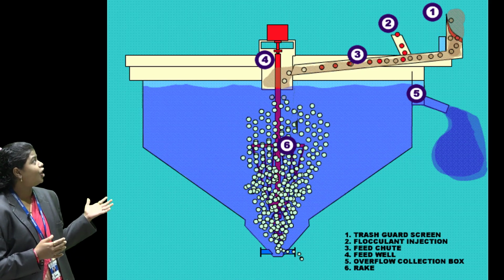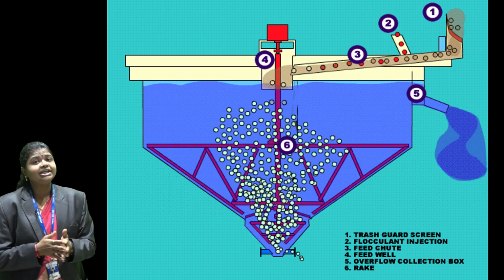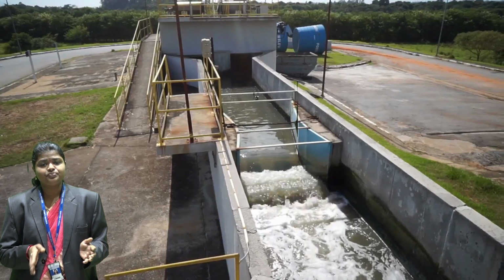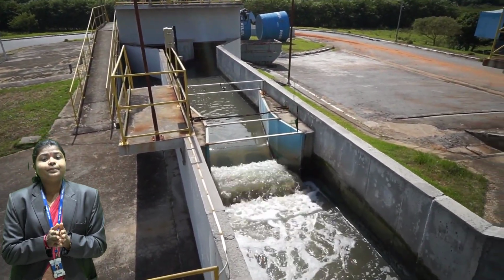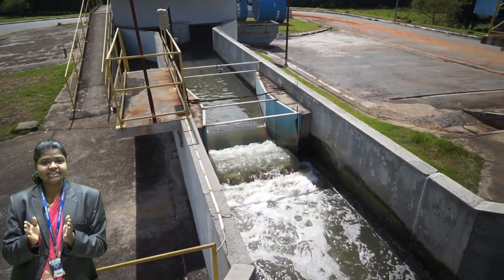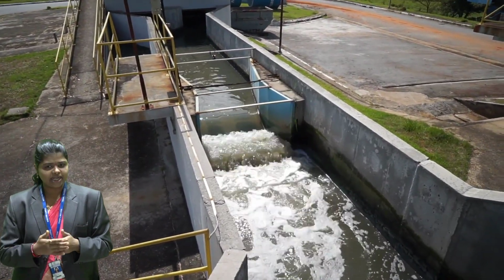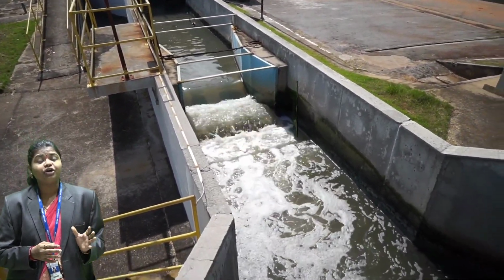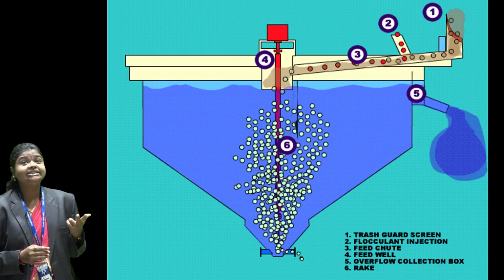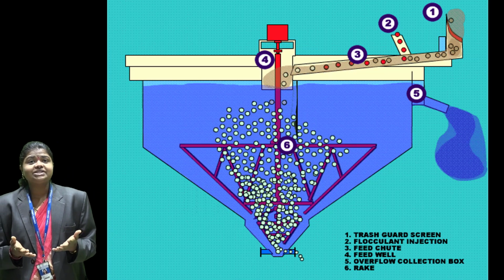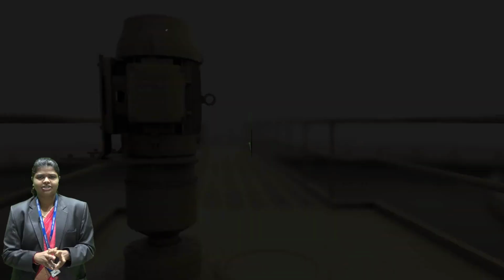The next unit of our wastewater treatment plant is the grit chamber. Grit removal basins are sedimentation basins placed in front of the fine screen to remove inorganic particles having a specific gravity of 2.65, such as sand, gravel, grit, eggshell, glass pieces, metal fragments, etc.